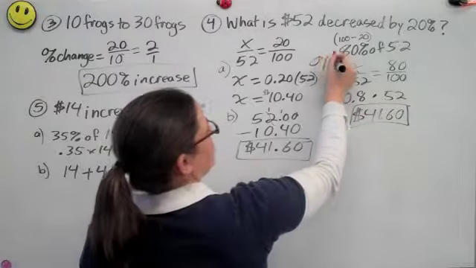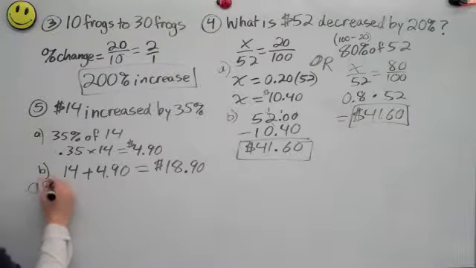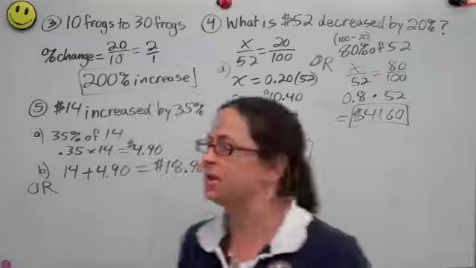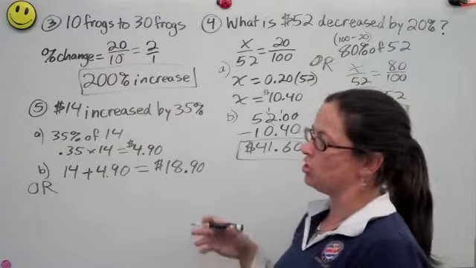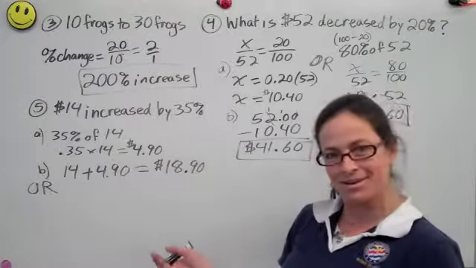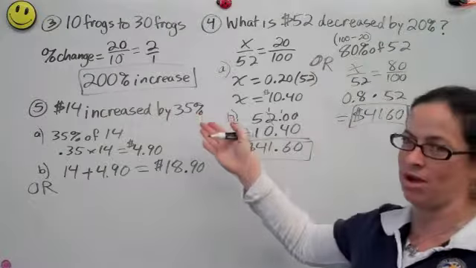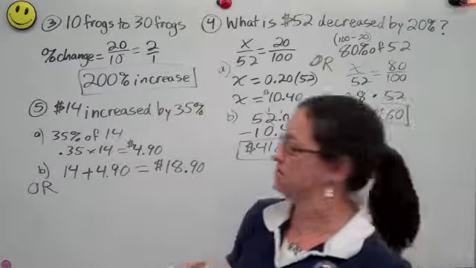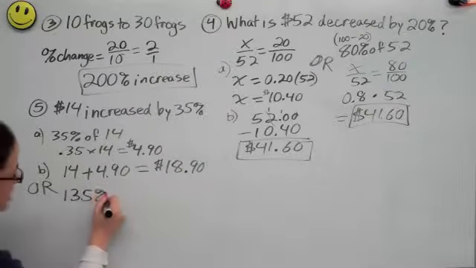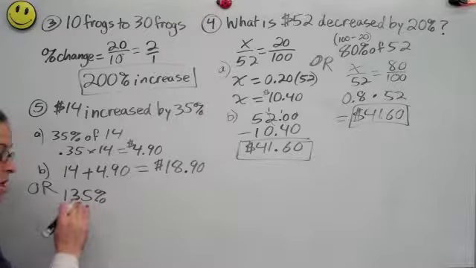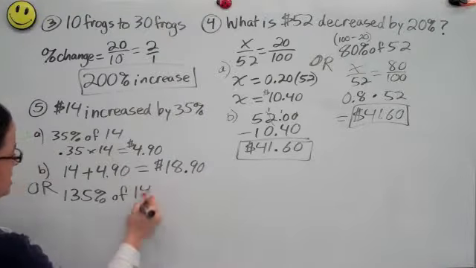Or, remember here we did something different. So what would be the "or" here? Instead of finding 35% and then adding it onto it, what could I have done instead? Well, here I wanted 100 minus the 20. Here I want 100 plus the 35%. So instead I could have done 135%. What that means is I want all of it plus the 35% and multiply that by 14,